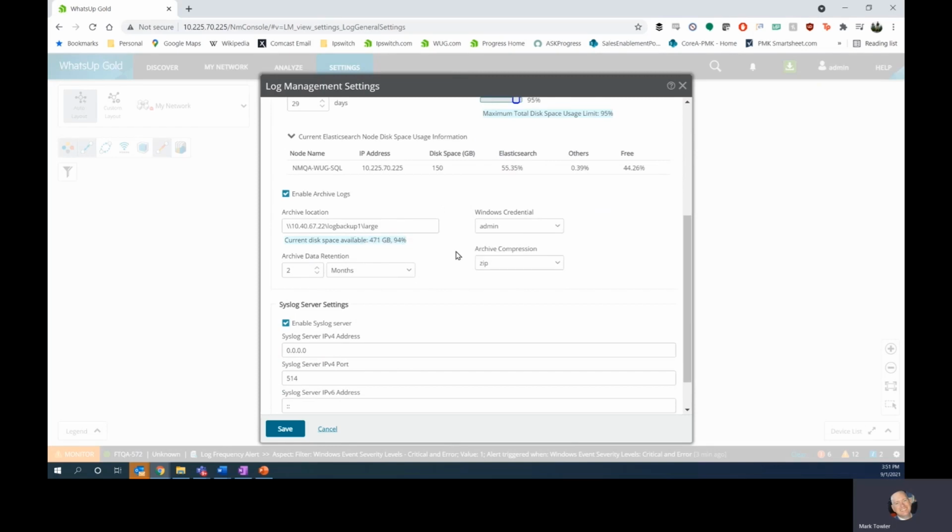Once you've done that, you'll be able to choose a specific archive location. It can be anything you want. You will have to provide credentials to it so we can access it. Once WhatsUp Gold has accessed it, it will be able to tell you how much space is available. You can then choose how long to hold on to your logs, any number of days, months, years, or even